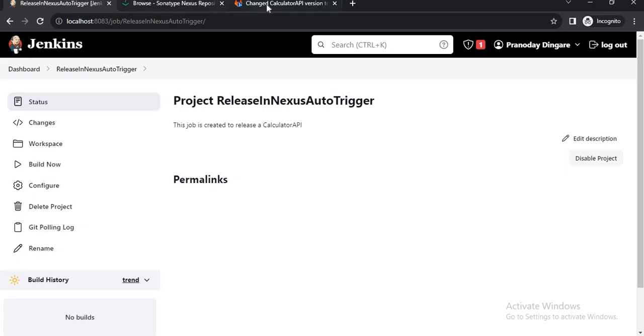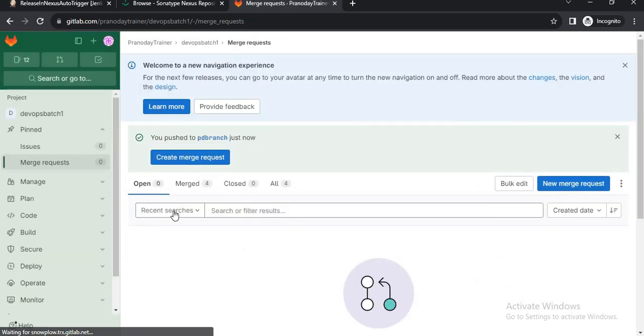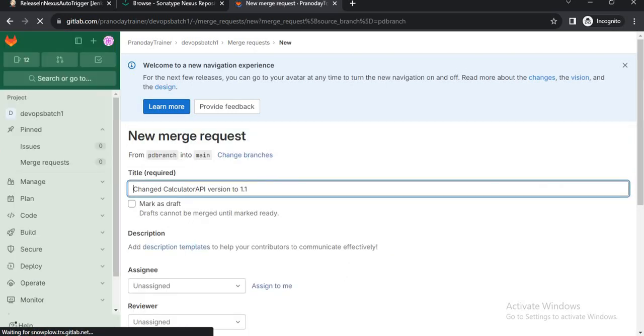Let me go here and create a merge request.